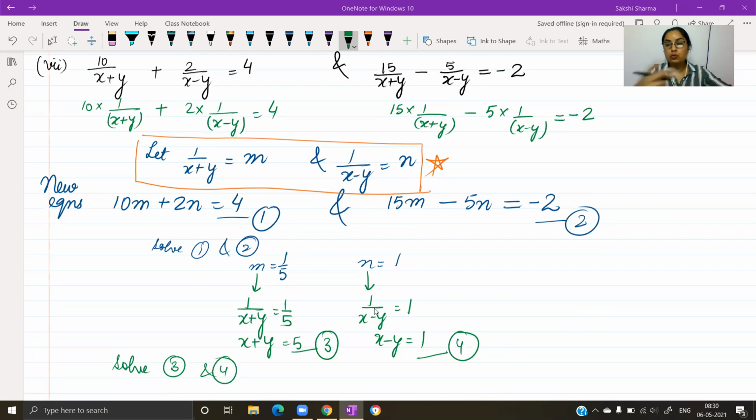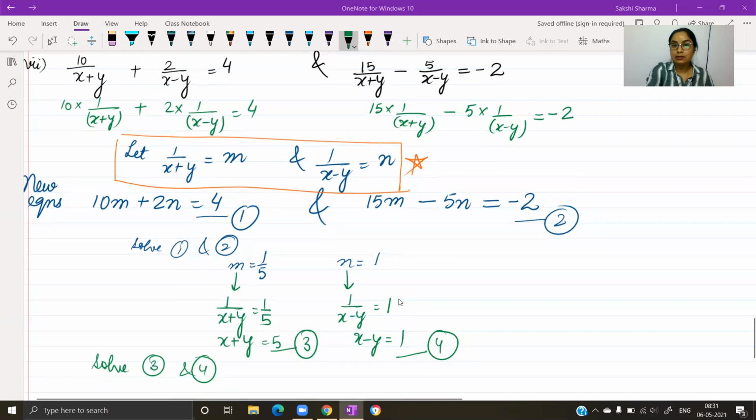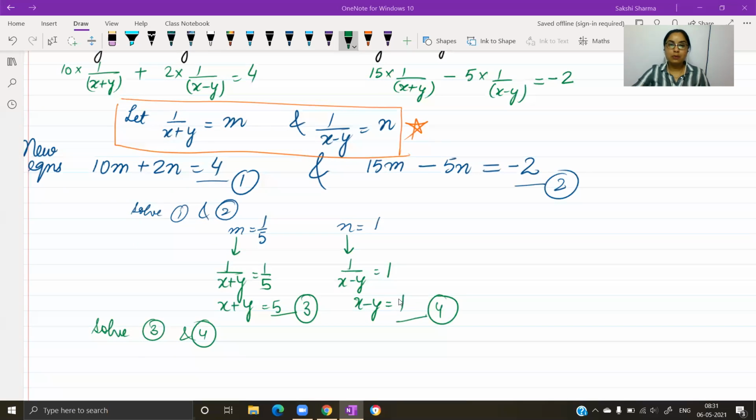Here you get a new pair of linear equations in x and y. So you have to again apply any of your methods and then find out the value of x and y. This is although very simple. You have sum of the variables, difference of the variables. You can add and subtract and you will get x and y. What are the values? X is 3 by 2 and Y is 2. You may mark last two parts as important.